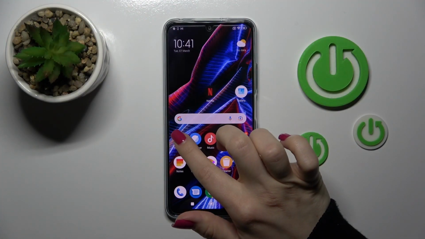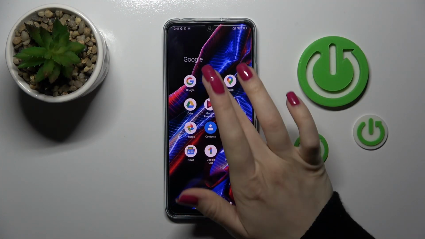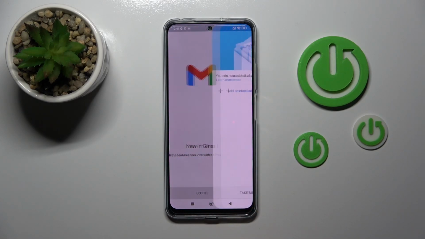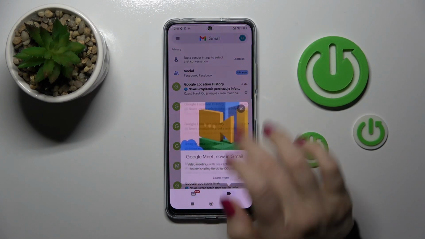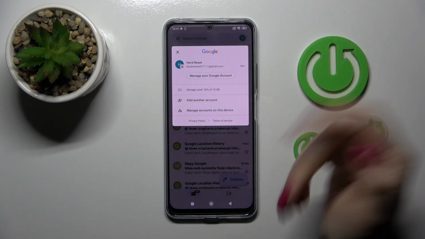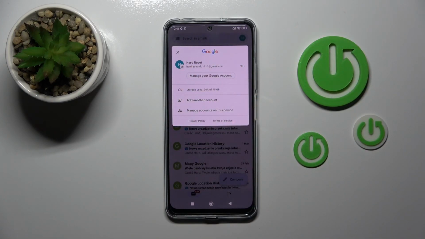So let's first open the Gmail application and then just tap on the right upper corner. Here we'll see our Gmail account. If you want to log out from the Gmail account in the Gmail app, we should first log out from the Google